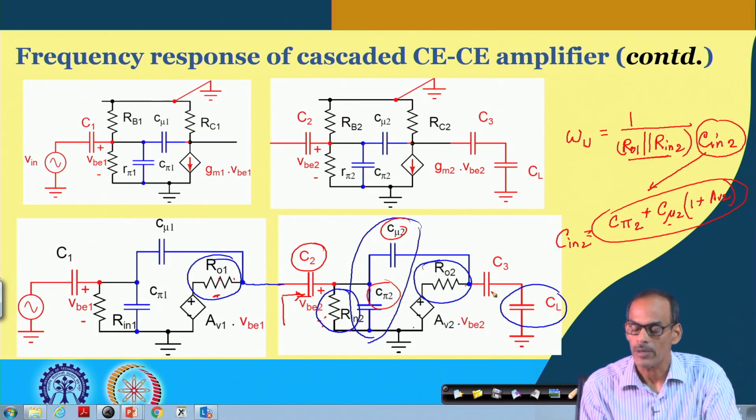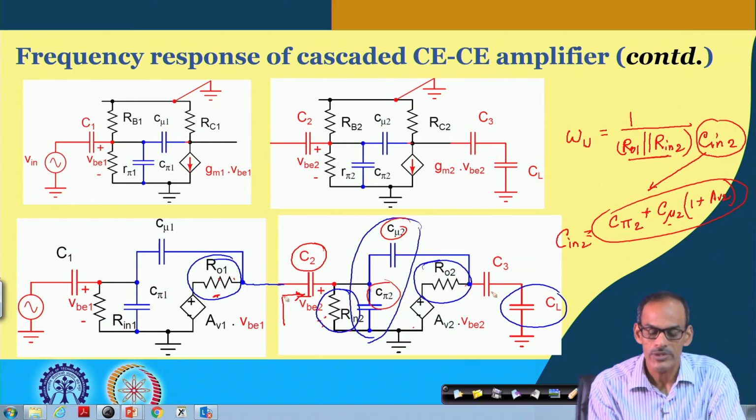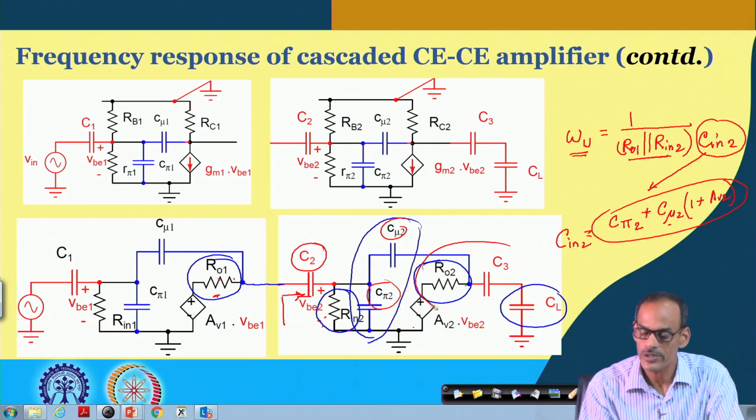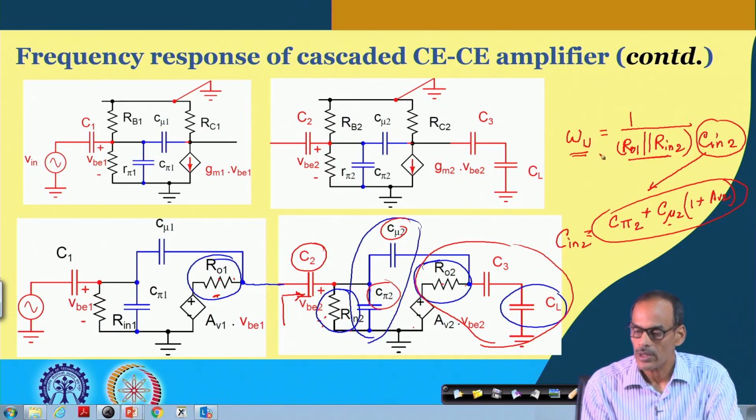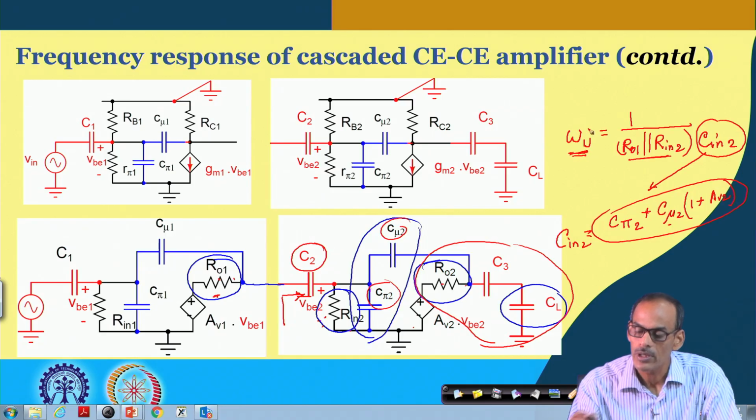Of course, if this upper cutoff frequency is less than the original upper cutoff frequency defined by RO2 and CL, then only it will be prominent. So, whatever omega u we have written is only one candidate, and